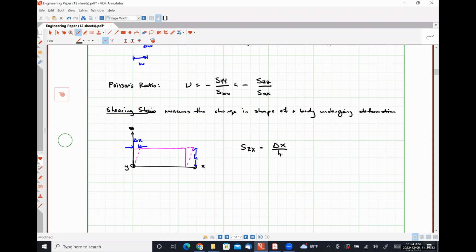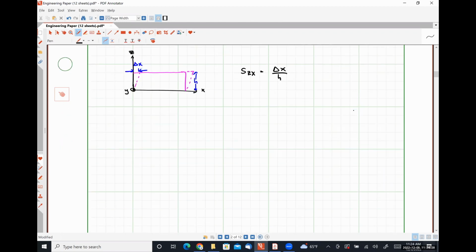Stress and strain are closely related by a constant that is called the modulus of elasticity. Okay. So under small deformations, stress and strain are linearly proportional. So for normal stress and strain, we have the relationship T is equal to E S, and for shearing stress and strain, we have T is equal to G S,